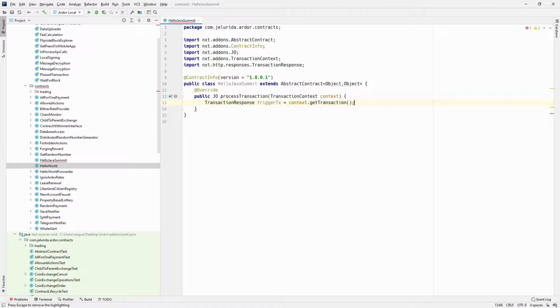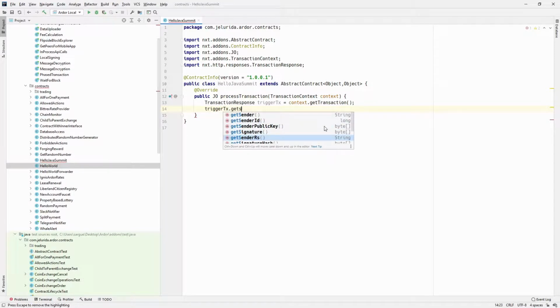So when you get a message from another account to this contract, I will just send a message back saying hello and the address of the account that has sent me the message. That will be from the trigger transaction, the sender.